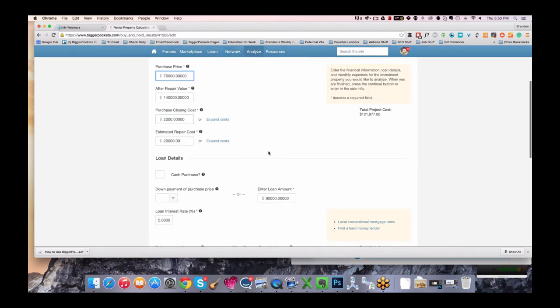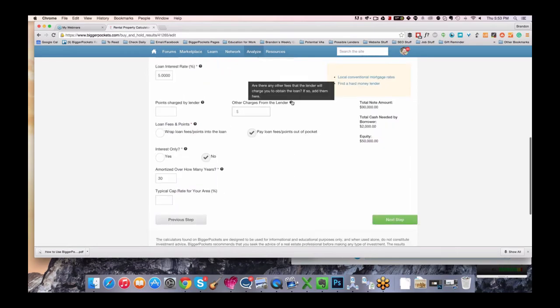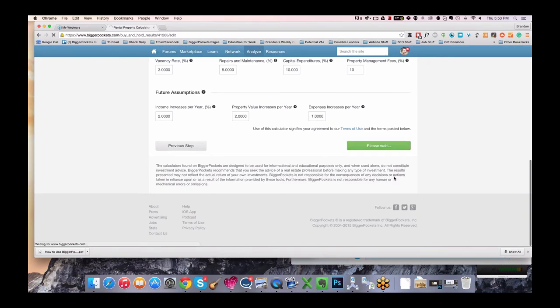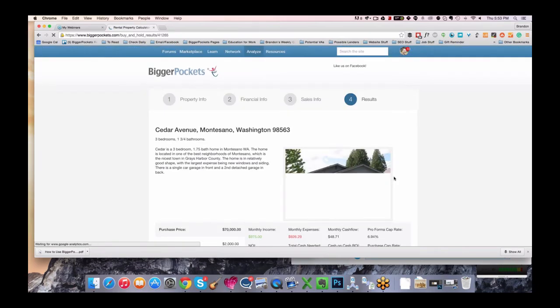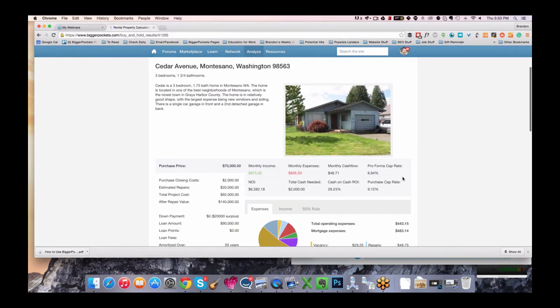So anyway, you plug in all the numbers, plug in everything, and just walk step by step through it. If you have any questions, you've got the answers right there with the question marks, all the way through it. There's only 3 pages of each. And then you come to the results page. It takes a little second. You can upload photos, you can do all that stuff. And then here we can see what the actual deal would be.